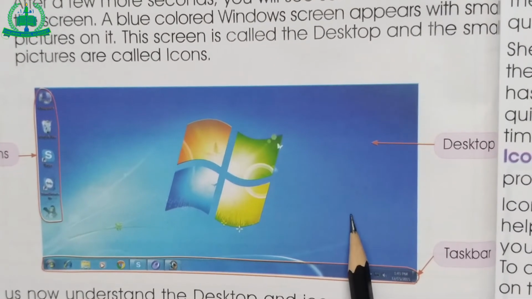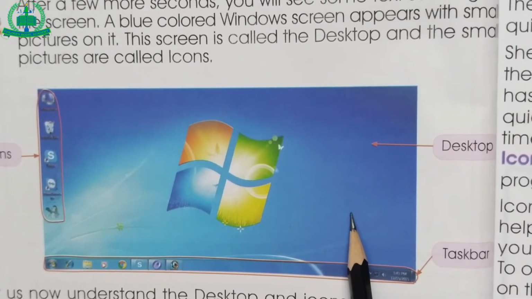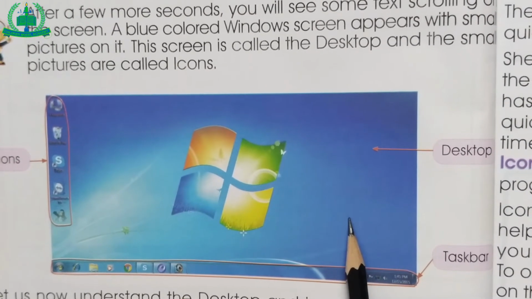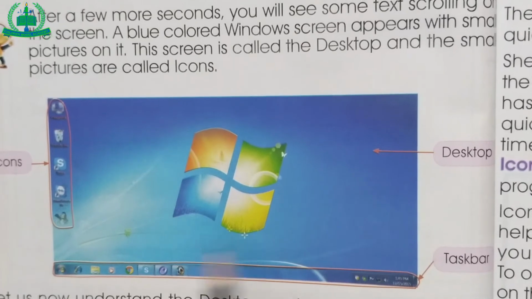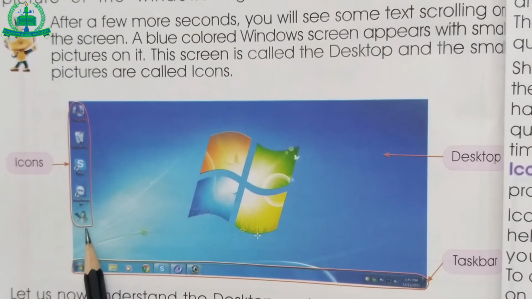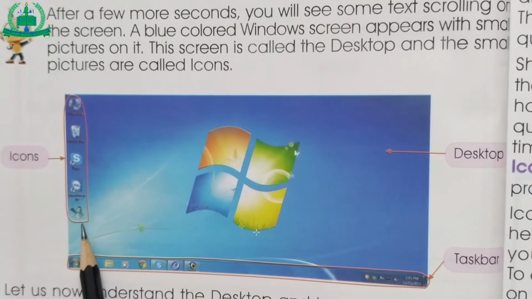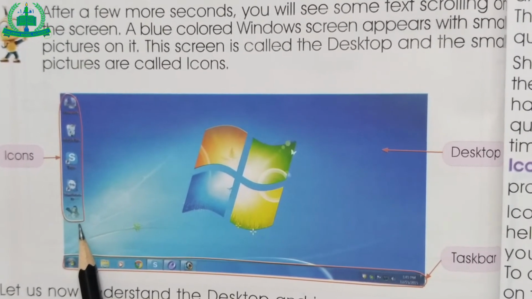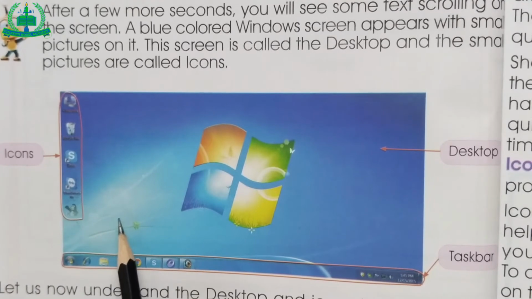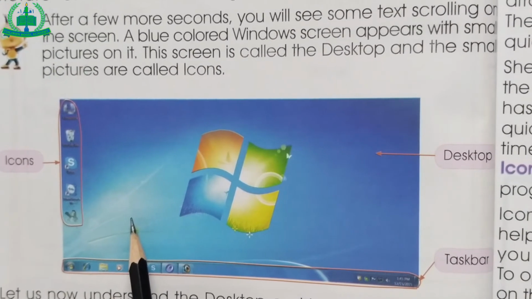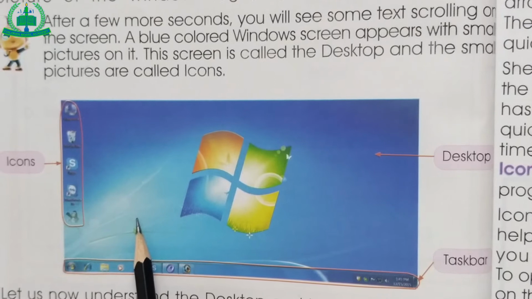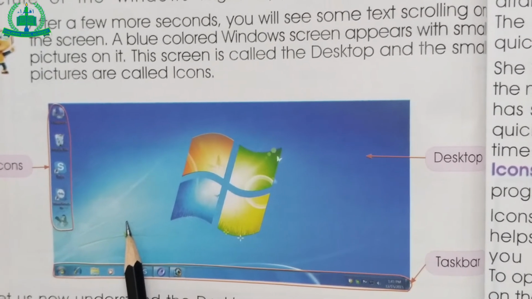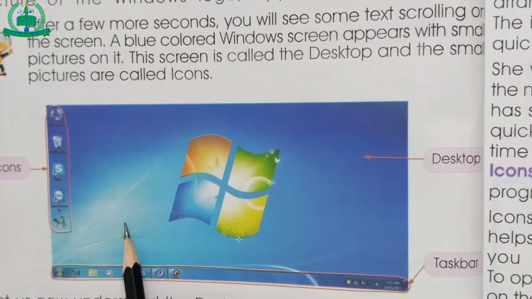Desktop. A desktop is the first screen which appears on the monitor when you switch on your computer. It is the main screen in Windows with many small pictures on it called icons. It is similar to any other desk or table that you work on. For example, a student study table usually would have some books, pencils, eraser, ruler arranged on the top of it, which helps the student to use them as and when needed.